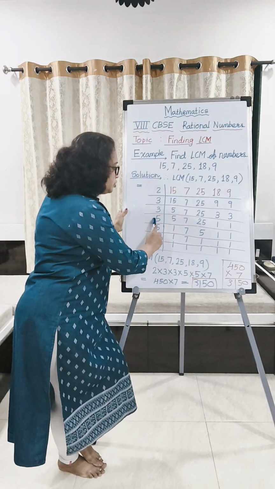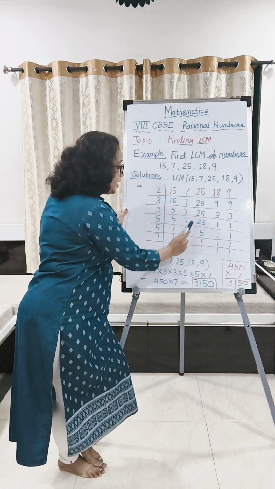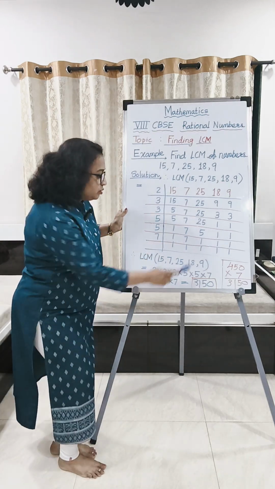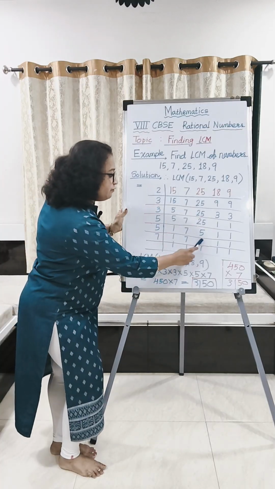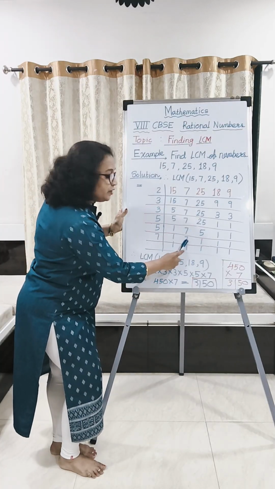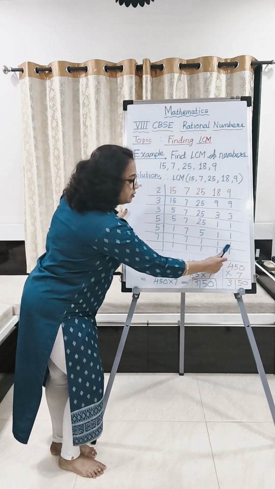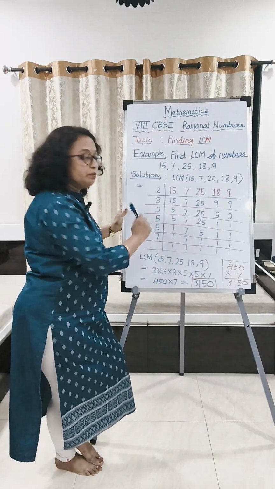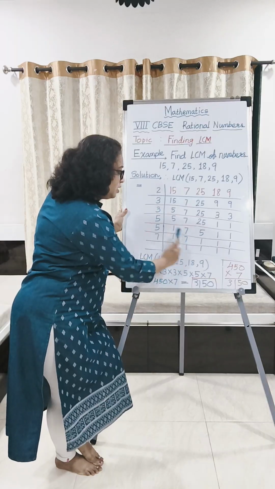Okay, now there are numbers 5 and 25, so we can divide these numbers by next prime number 5. So 5 1s are 5, 5 5s are 25, and 7 will be as it is. Okay, now still 5 is there, so we can divide by 5 again. So 5 1s are 5, 7 will be as it is, and in the rest of the places there is 1. Okay, now divide this 7 by the next prime number 7. So 7 1s are 7.